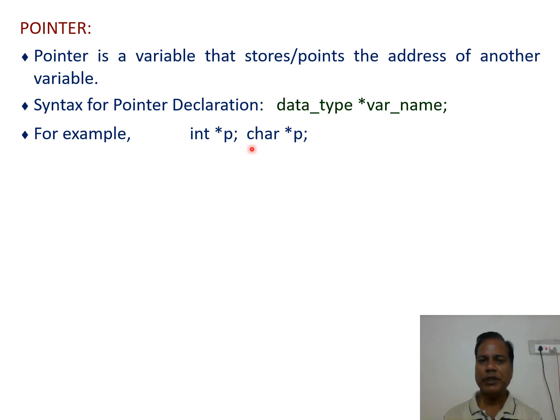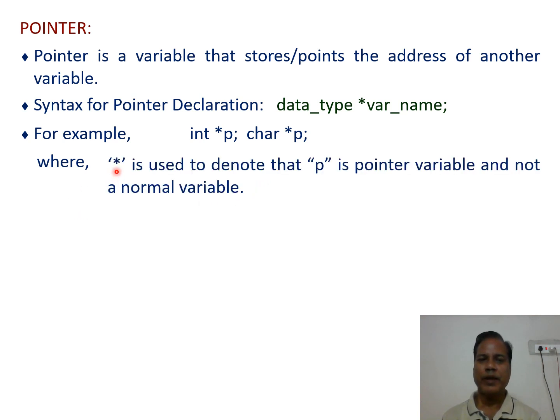So using these two statements we declare two pointer variables. The first p is used to store the memory location of a variable that stores integer data. In the second example, p can store the address of character data,